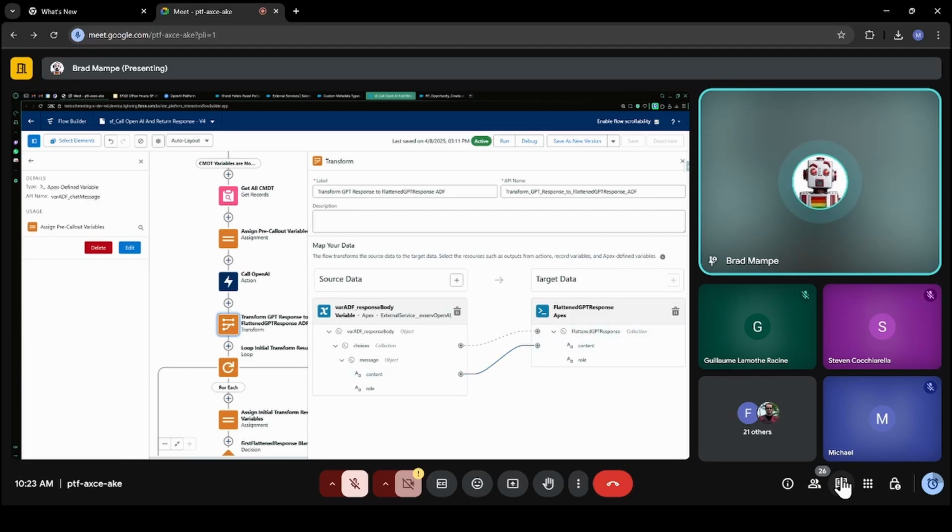To do that, and this went through dozens and dozens of iterations in GPT as well, I actually did have to create an Apex class. It's just a placeholder class. It contains these properties so that we can create an Apex-defined variable that has this structure that allows us to easily map the response from GPT, the entirety of its JSON contents, into some variable that we can work with.